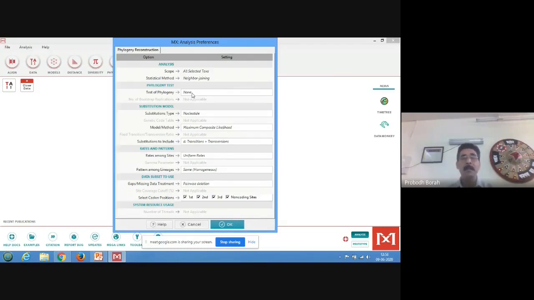So we'll click here. Then there is a drop down menu appearing now. Click on the drop down menu. You see, it is asking which method of validation you will prefer, bootstrap and interior branch test method. We will go for bootstrap because bootstrap is more commonly followed. Click on bootstrap method.